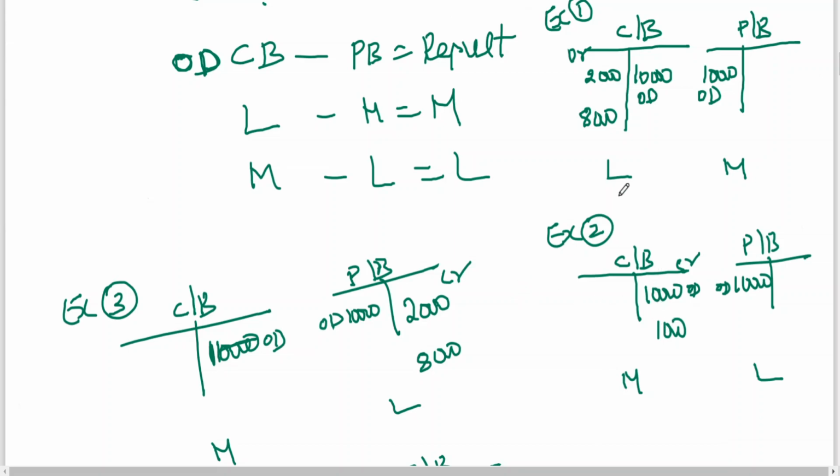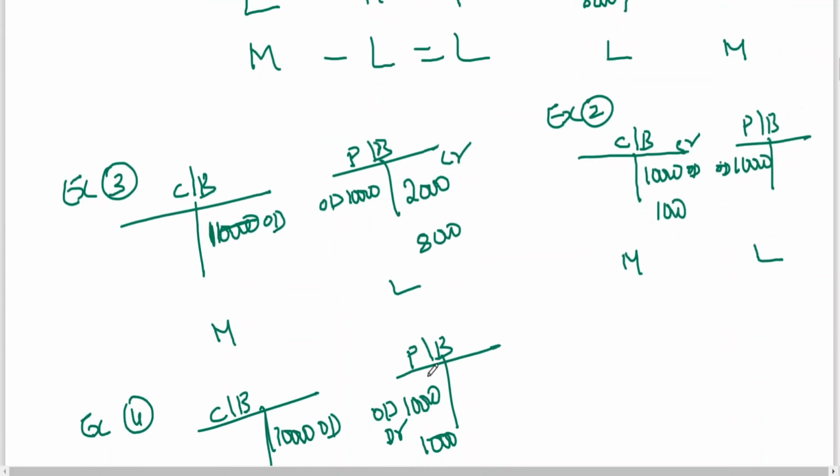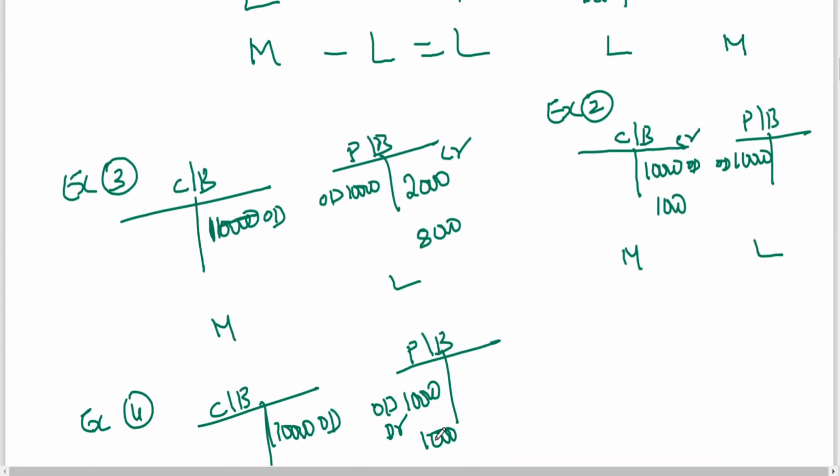In simple words, overdraft means like a liability. When you deposit money into the bank, liability will come down. When you withdraw further, liability will go up. Similarly here, deposit entry is there in passbook, so passbook OD is coming down. There is no deposit entry, so cash book OD is more. Payment entry is in passbook, so OD is more.